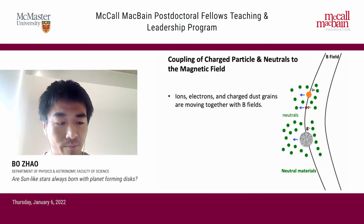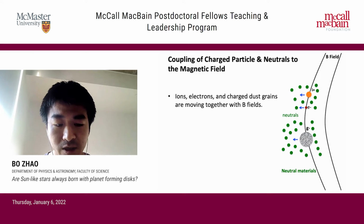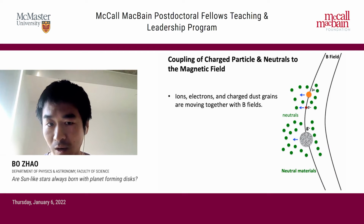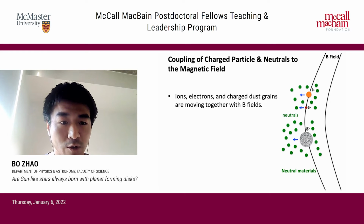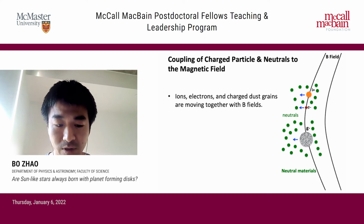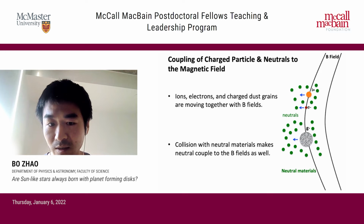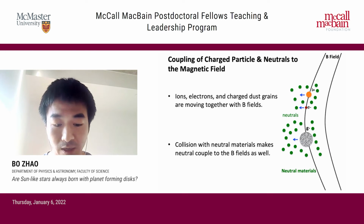The key here is how the neutral materials are coupled to the magnetic field, or how they are tied to the magnetic field. We know that the ions and electrons, because they are charged, are easily tied to the magnetic field. So we can consider them to be frozen in, and they move along with the magnetic field. However, the majority of the cloud materials are made up of neutrals. So they're indirectly coupled to the magnetic field through constantly colliding with the ions, electrons and charged